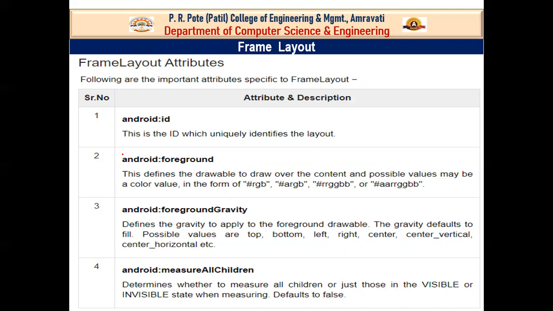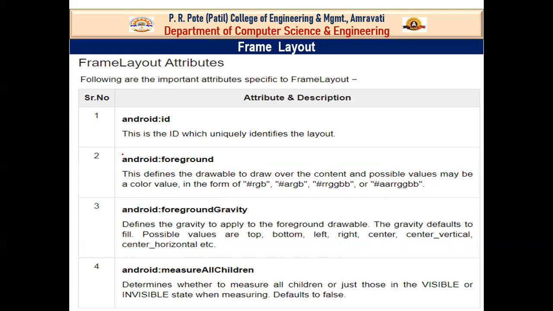Frame layout is commonly used in a splash screen or where we want to add a full screen web view to display HTML pages. What is meant by a splash screen? A splash screen just contains a company logo or the company name.